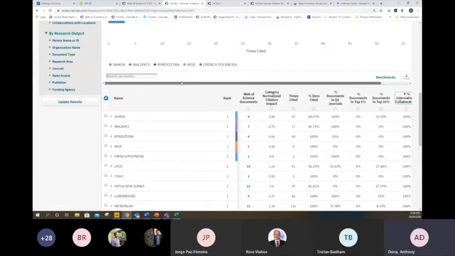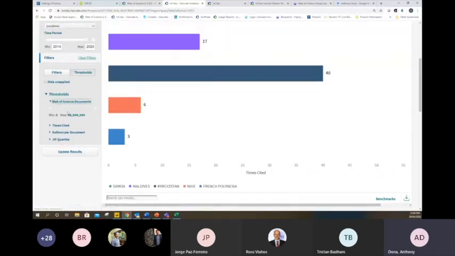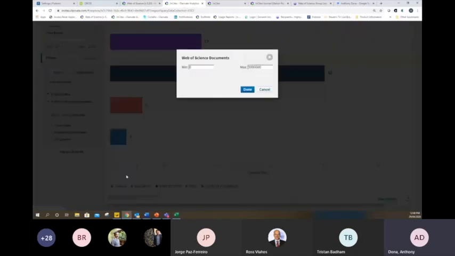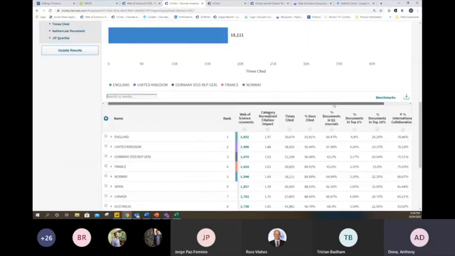We can actually run a threshold here if we like, and say we want our institution or region to have produced at least, and I might click on that number and change that to a minimum of 1,000 documents. And we're now looking at just the countries that have produced more than 1,000 documents in this and ordering by total number of international collaborations.